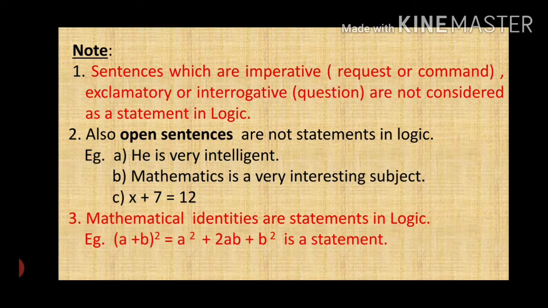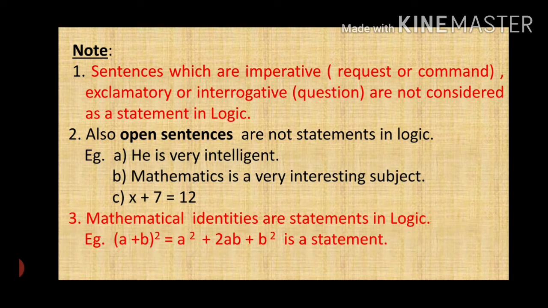See the second one, x plus 7 is equal to 12. Now over here, this statement will be true only if x is equal to 5, correct? Because 5 plus 7 is 12. But for any other value of x, this statement will be false. Such statements have what we call a truth value. When the statement is true, the truth value is true. Statements whose truth value changes as per the situation are called open sentences, and they are not considered statements in logic. Keep that in mind.